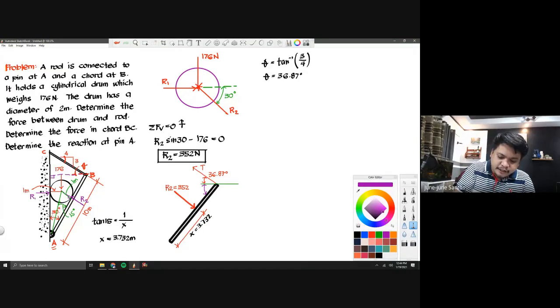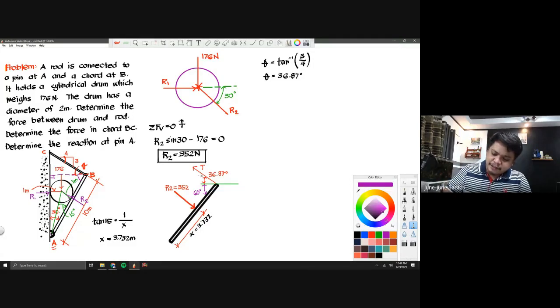If this is 30 degrees, horizontal naman to, ilan to? 60 degrees na lang siya. Okay? Kasi, dapat ang sum ng interior angles ng triangle should be 180. So, if you have your 90, 30, so basically, that would be equal to 60 degrees. Okay? So, we could see